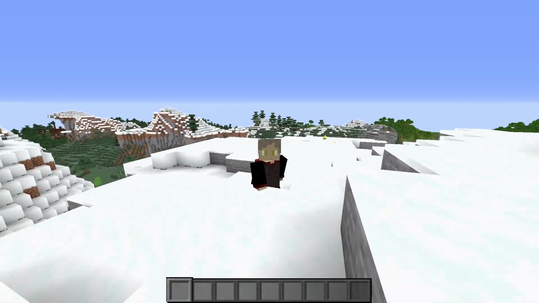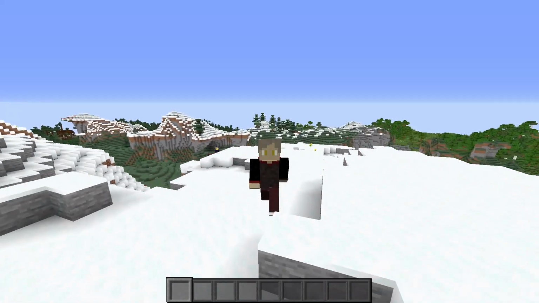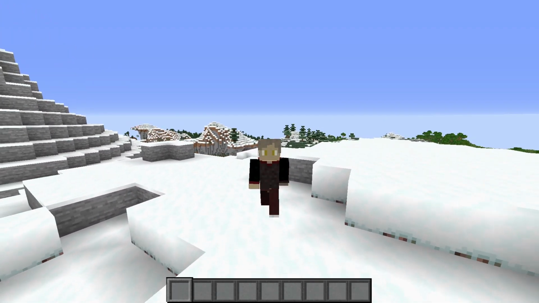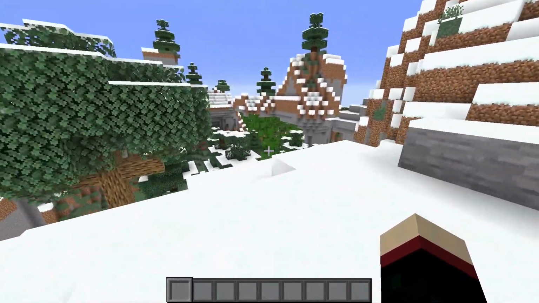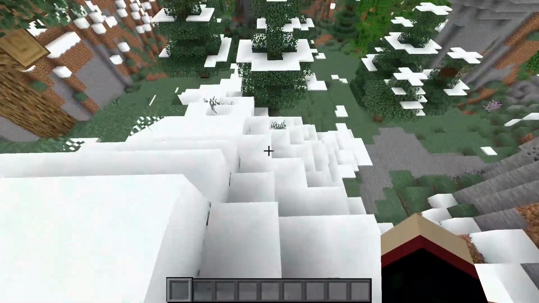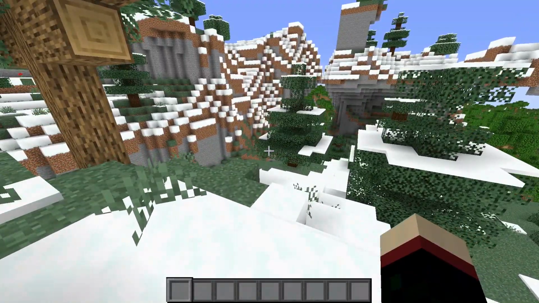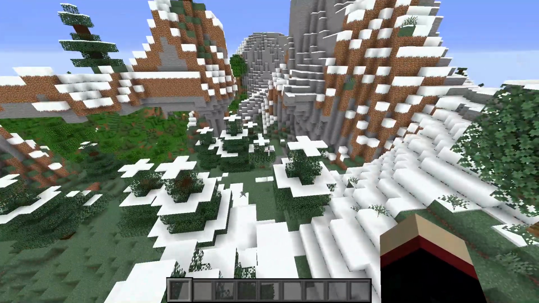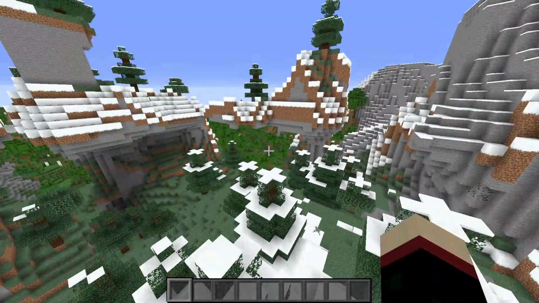I expect it's safe to say that most of us have had our fair share of experiences just walking through the mountain biomes while exploring and stumbling across these really unique areas of terrain generation, where either there's lots of overhangs, huge cliffs, floating islands. Usually the mountains are pretty unique. There's almost one really cool area in each mountain biome that you find, and most of the time,